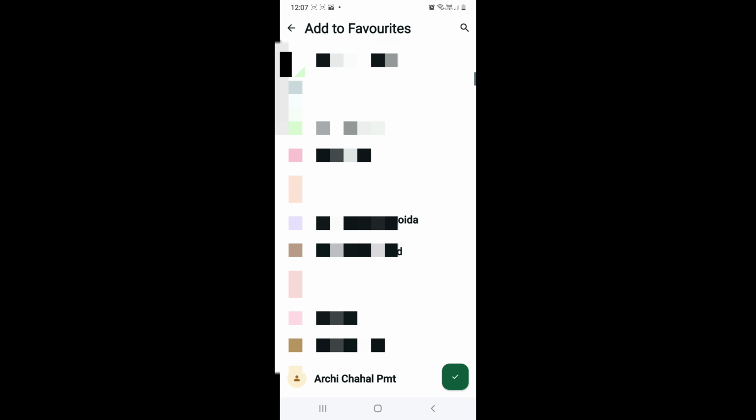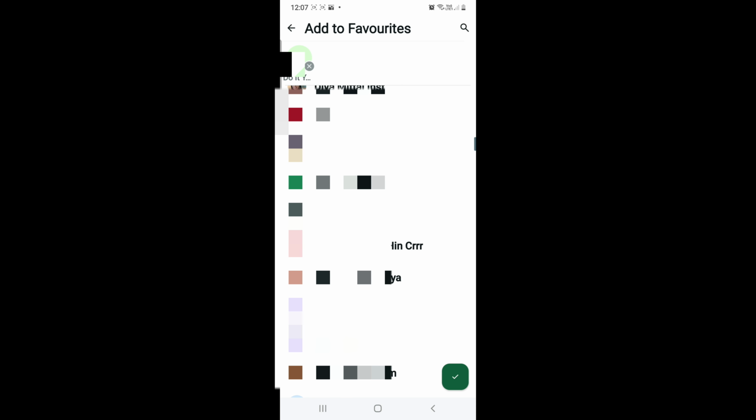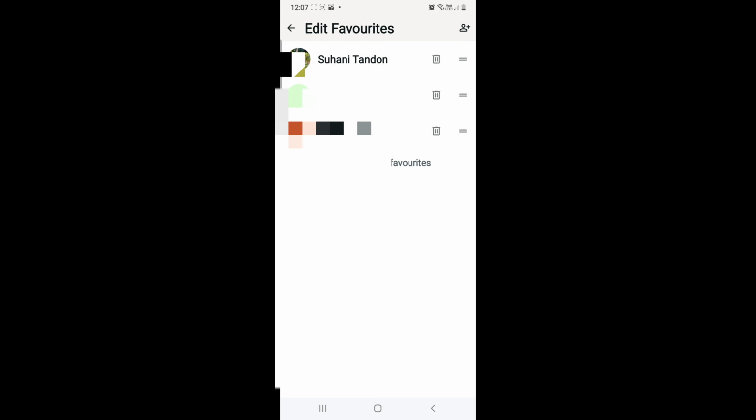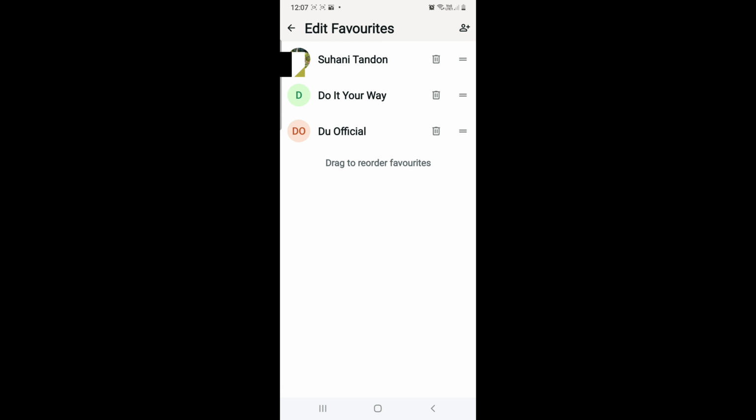So right now I'm trying to search it, and I can scroll down as well and simultaneously tap on the contacts I want to add and they will be added in the list. Once selected, just tap on the lower right side tick option in the green and you will see the ones